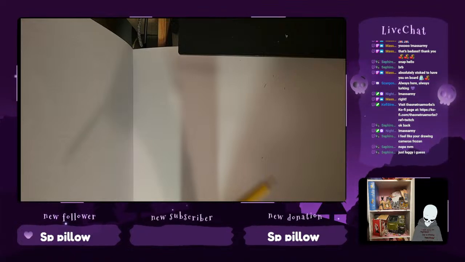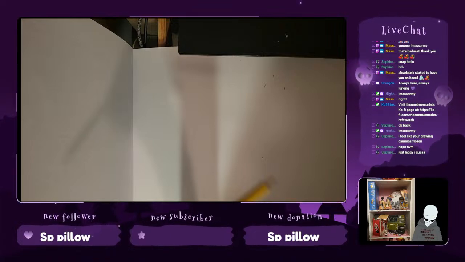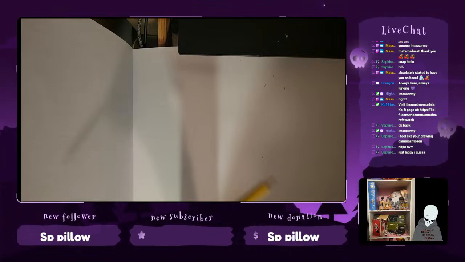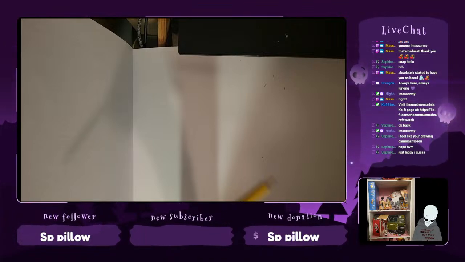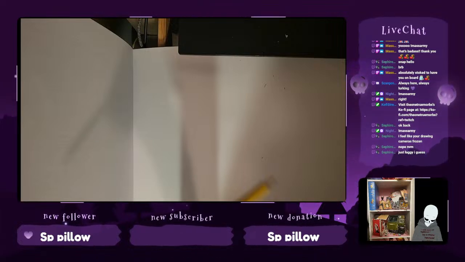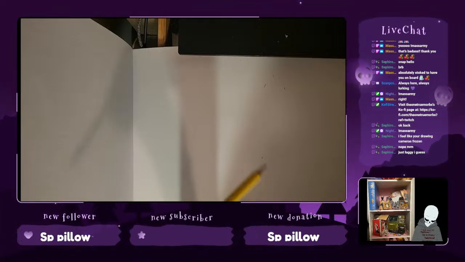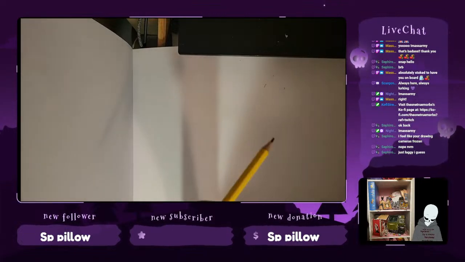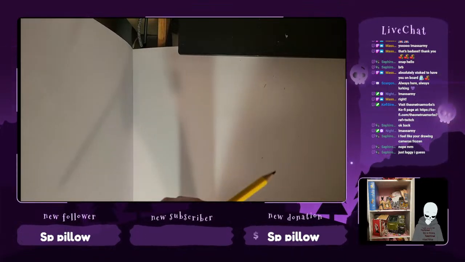Now we've got this armor bit here. Maybe comes down something like a wing for the chest plate or something. Kind of looks like a vest. Probably won't do that.